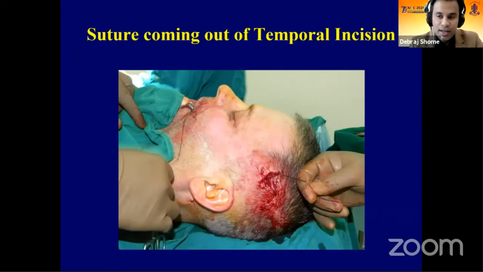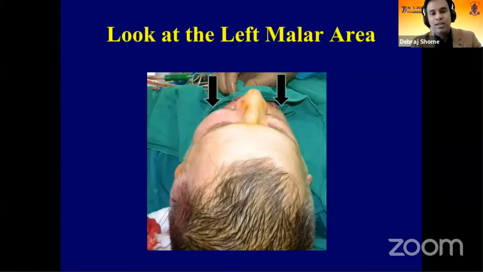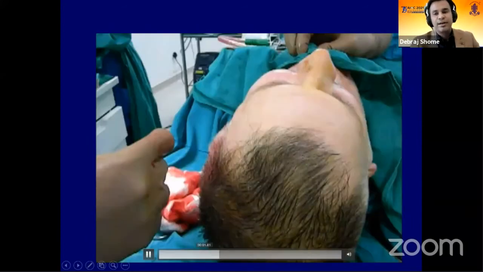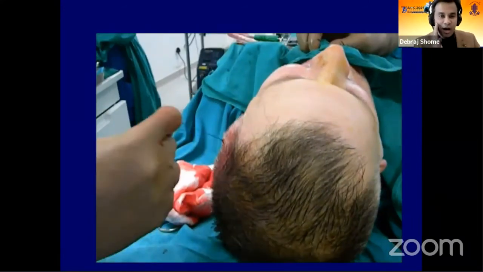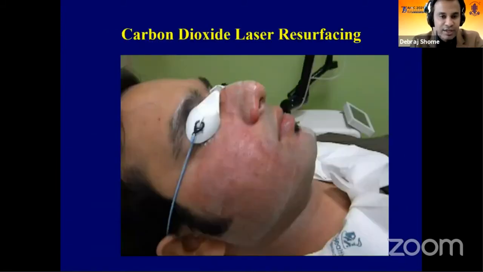Since one incision is inside the mouth and one is behind the hairline, you can now tie this to the deep temporal fascia. The moment you do that, you are hiding all the incisions and yet causing a face lift, which can be seen in how the left area appears much better than the right malar area. And that's how the entire thing works. If you give traction, you can actually see the traction being conducted, and you'll get, boom, in 45 minutes, a good facelift, which typically lasts for at least 5 to 7 years.